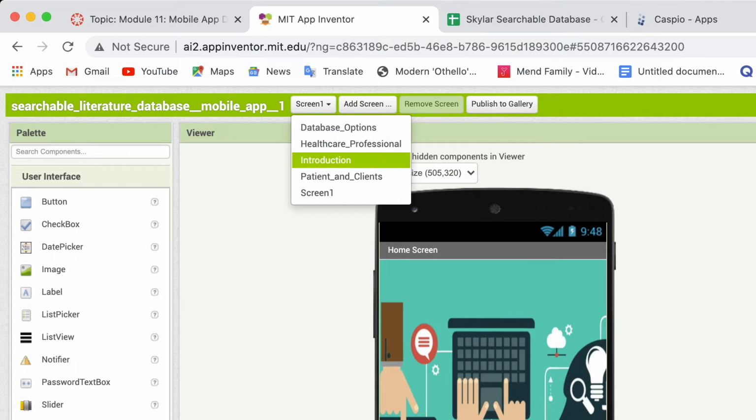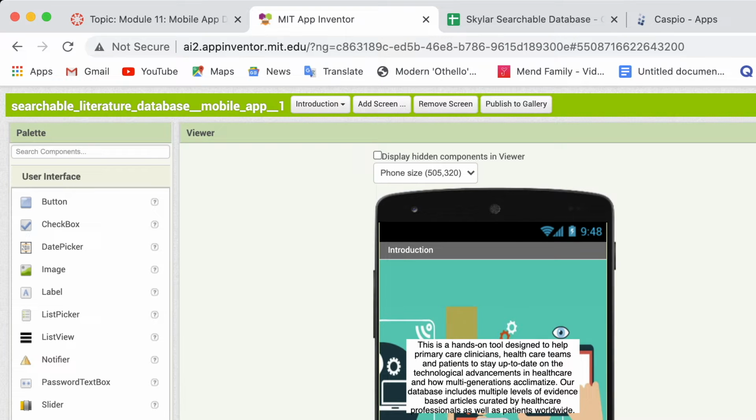The next page, as mentioned before, is the introduction. This is where I give a short bio on the app. Here it says this is a hands-on tool designed to help primary care clinicians, healthcare teams, and patients to stay up to date on technological advancements in healthcare and how multi-generations acclimatize. Our database includes multiple levels of evidence-based articles curated by healthcare professionals as well as patients worldwide. Here, I provided a begin button as well as a back button just in case they want to go back